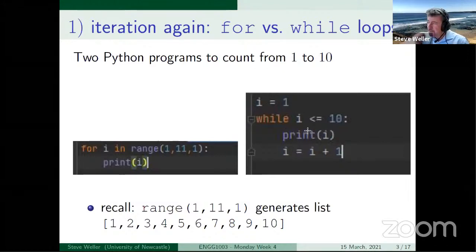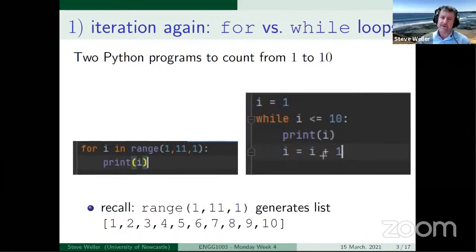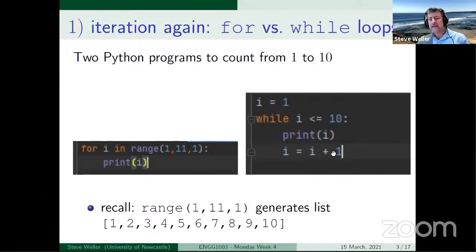So the first iteration through this loop, we print the number 1 because it's the index and we've initialized the index to be 1. And then the second statement in the while loop, we update I by incrementing it by 1. We take it to the next element of the count sequence. I is equal to I plus 1. In other words, I is assigned the value of I plus 1. So the first pass through, we print the value 1. We then increment the index from 1 by 1 to give it the value 2.